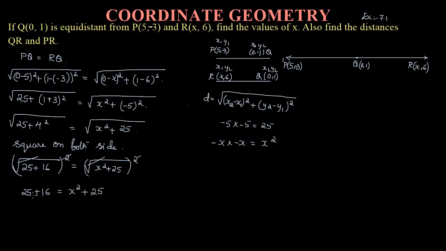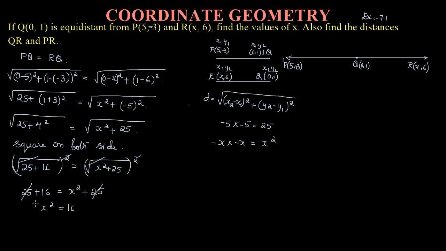On both sides you are having 25 and it has the same sign, right? So if in between there is an equal sign and the numbers have the same sign on the other two sides, then you can just cancel it off. Plus 25 and plus 25 will get cancelled if there is an equal sign in between. Then what are you remaining with? x square is equal to